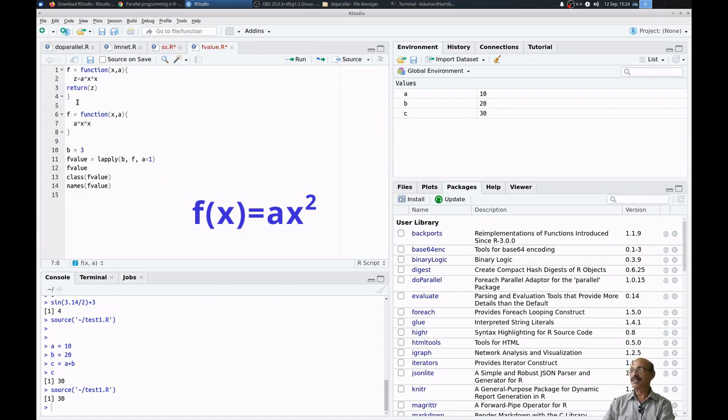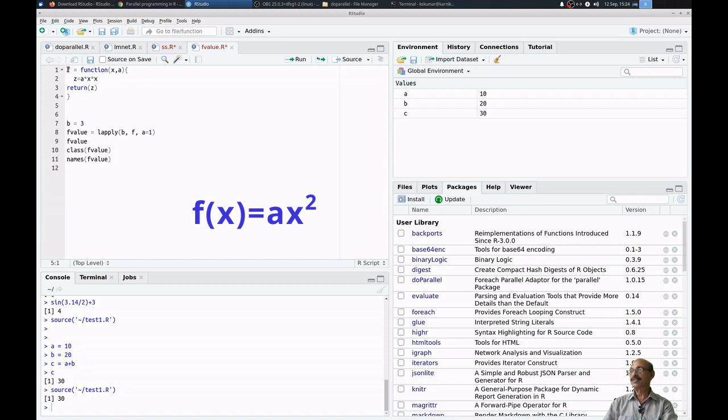So you don't have to return anything, because the last value calculated will automatically be returned. You don't have to explicitly write the return statement. That way also you can do it, but otherwise we can return it. If there is only one line, then you can even write it like this as a function. This is also possible. Okay, so for the time being, let us use this as a function.